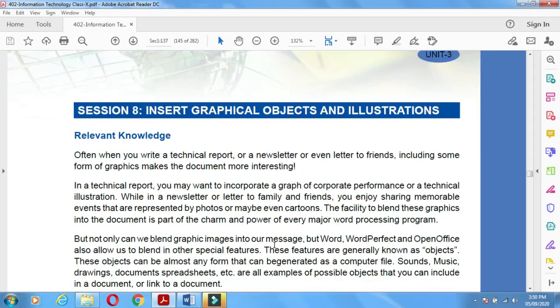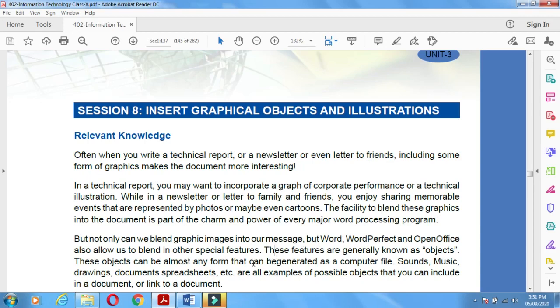What is an object? Object means the Word or WordPerfect or OpenOffice allows you to blend in other special features, and these features are generally known as objects.